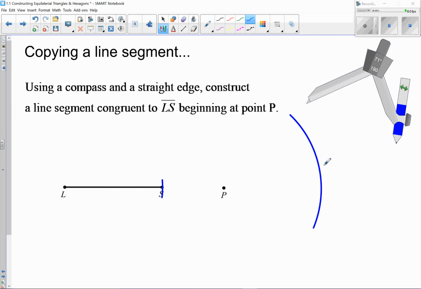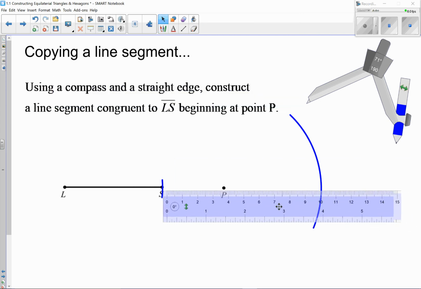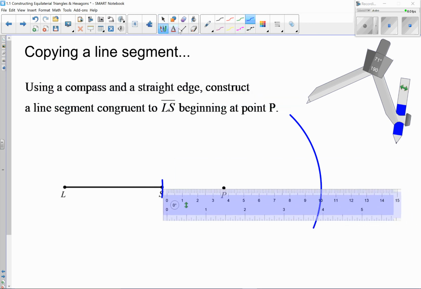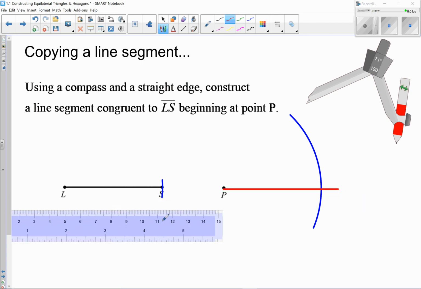So anywhere I put that point, from P to that point on this arc, will make a line segment that is congruent to LS. Using your straight edge, we can do this. Again, it would be anywhere we want it to be. I'm just going to go straight across. But anywhere that we draw from P to the edge of the circle,